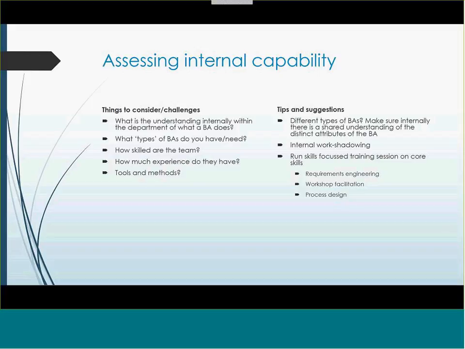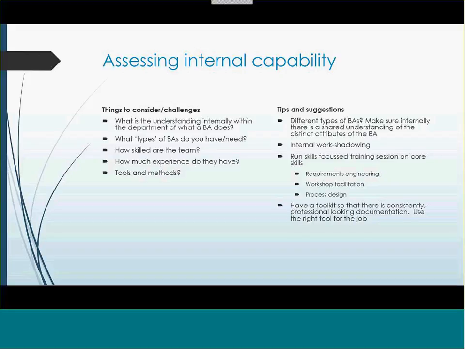There are also soft skills, like how to deal with difficult voices, or how to run an agile project. There are different skills, but they're useful to have when you're trying to internally bed in your new team. And offer those sessions out to people within your department if you want them to really understand what your role is as a BA.